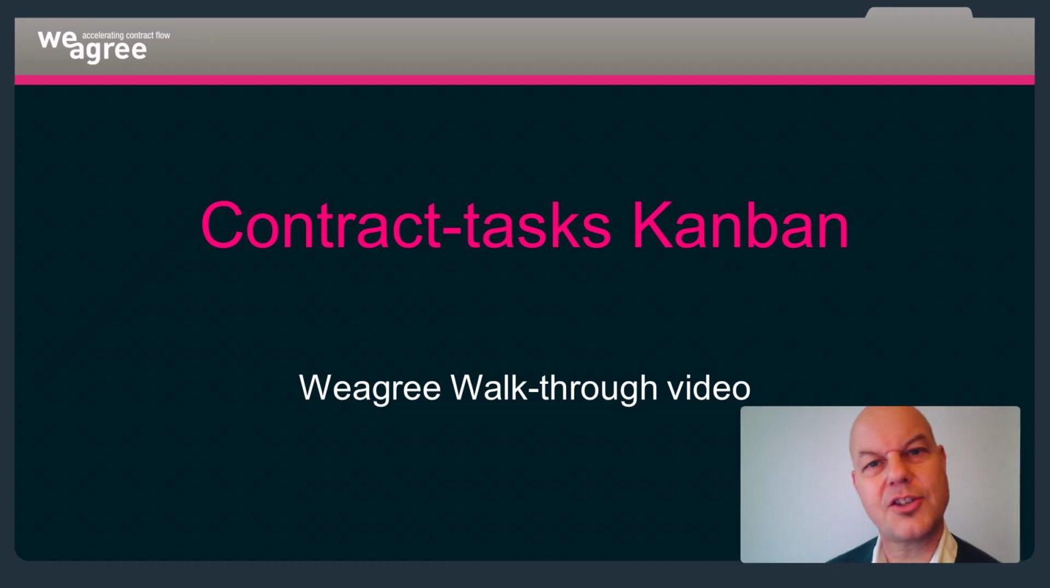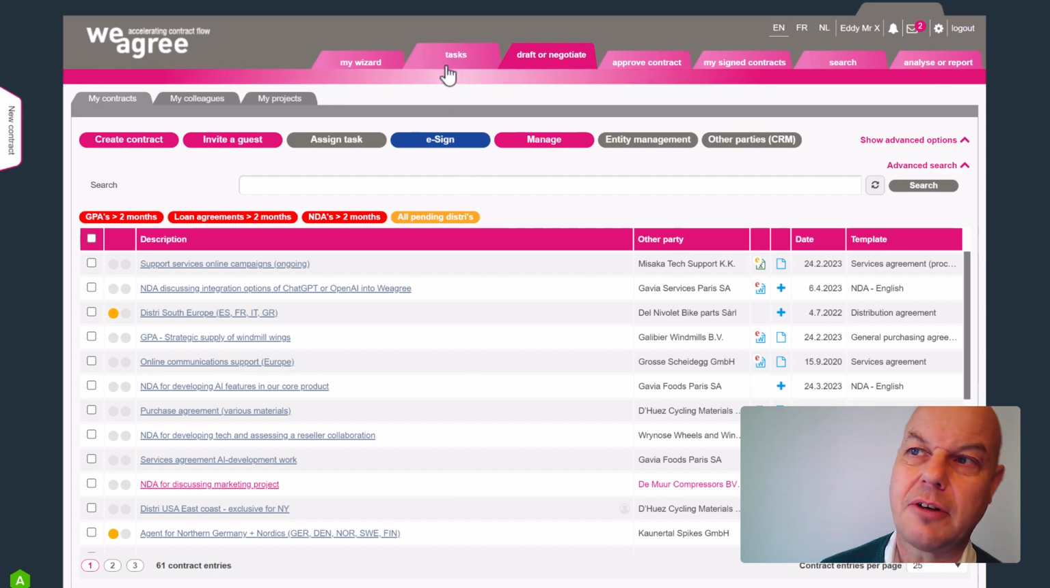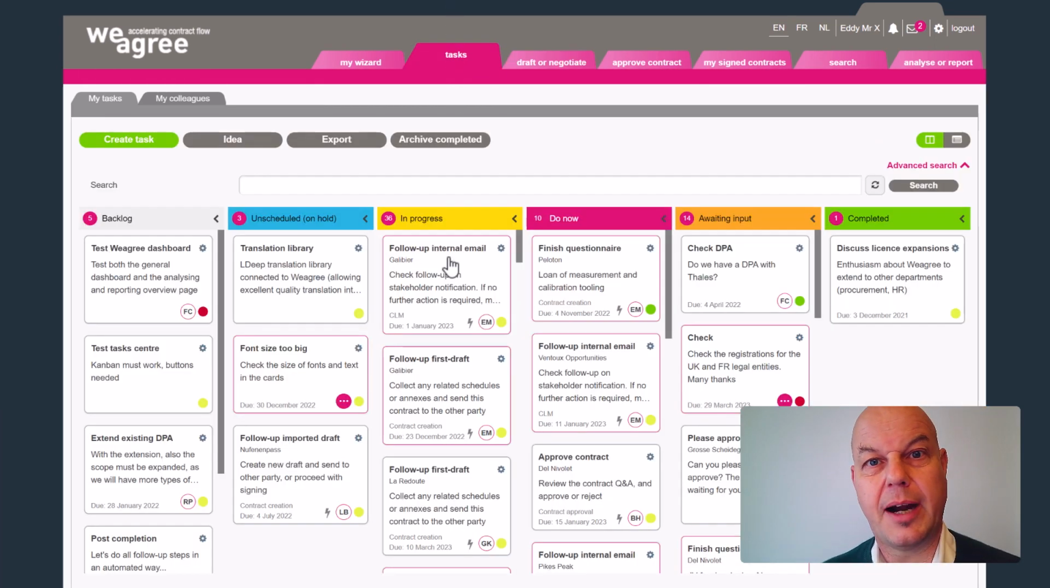There are many tasks in your contracts that are in the overview over here, but you don't see how that works. And that's what we have solved by introducing a fully integrated task Kanban, where all the tasks that are triggered by any of the agreements, including the entity management, if you have that implemented, are put on the Kanban